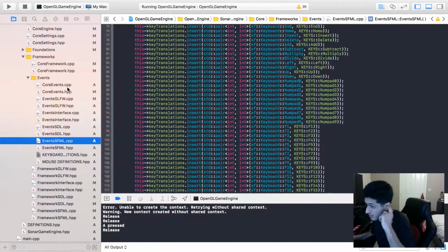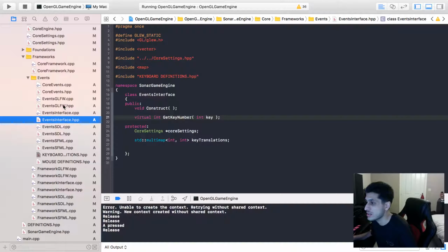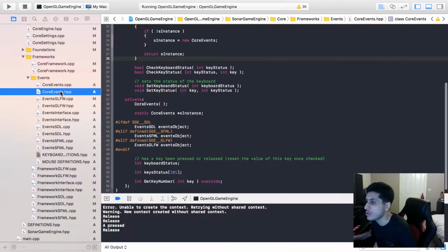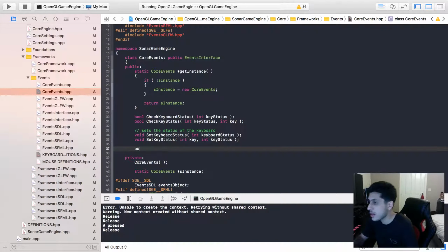So, first I think we should actually create the methods in the events interface, or the core events. In the core events, we're going to have a bool check mouse key status, and we need to, well, put in key status, and we also need to, well, specify the actual key that we're checking. So key